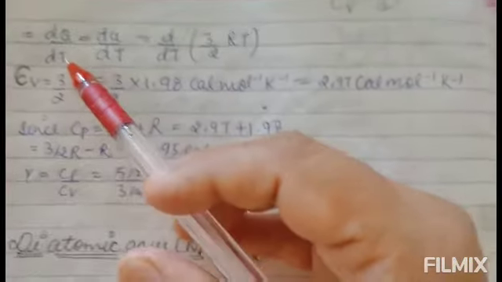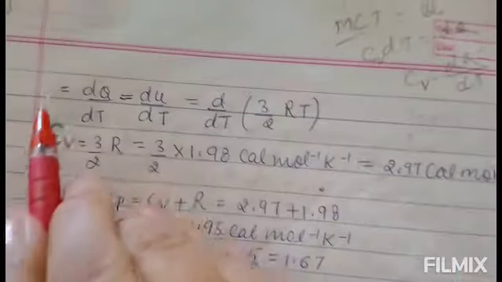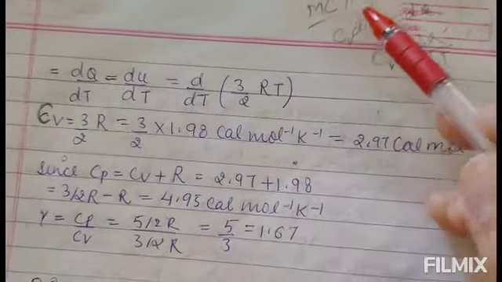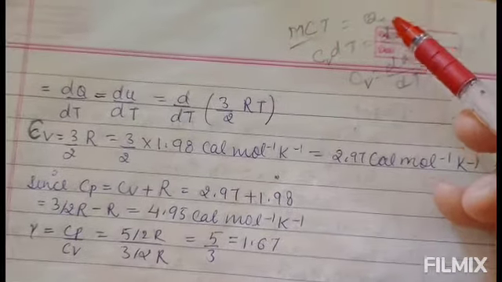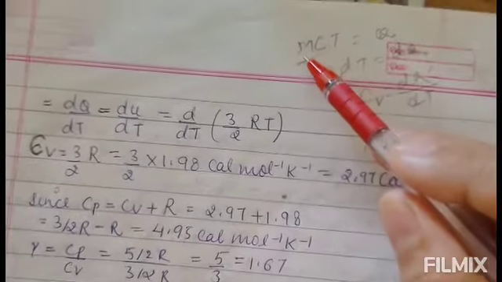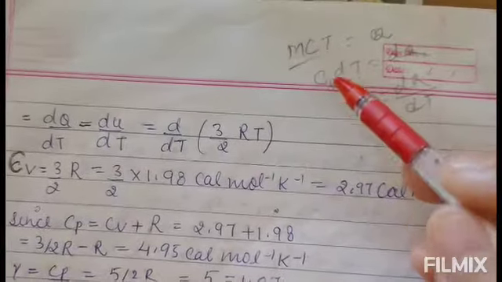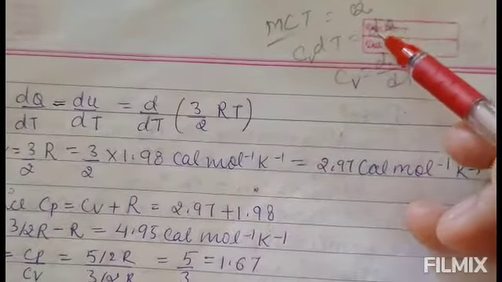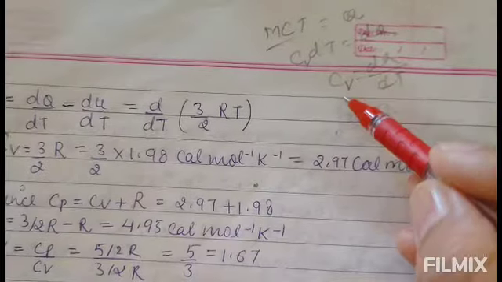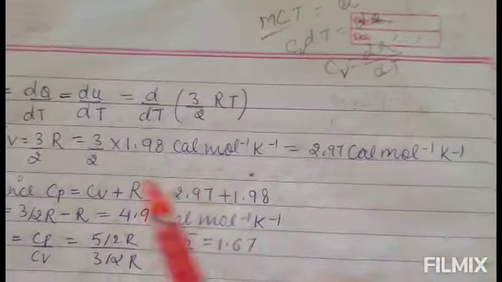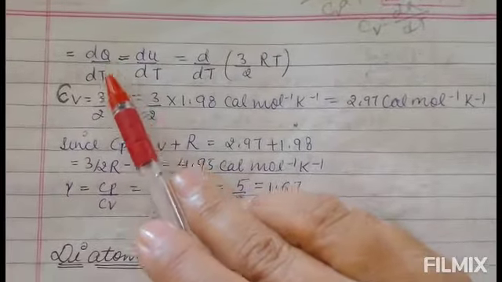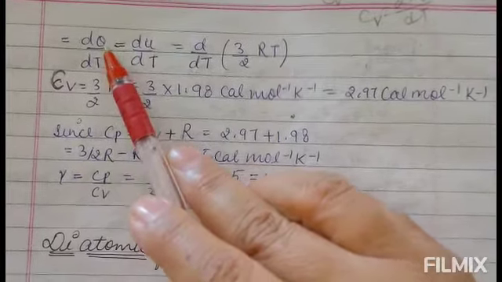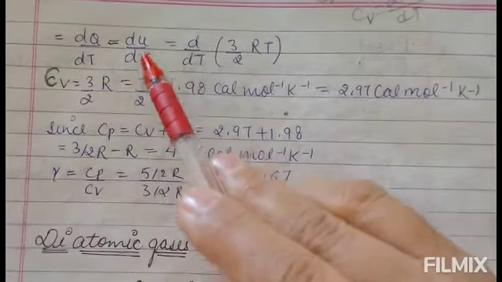The formula comes this way: as you know, m c t, that is mass, specific heat and change in temperature, is equal to q. This is for 1 mole of substance, so Cv, with dt the change in temperature and dq the supply of heat, becomes dq upon dt. And for constant volume dq is equal to du, so Cv is du upon dt.